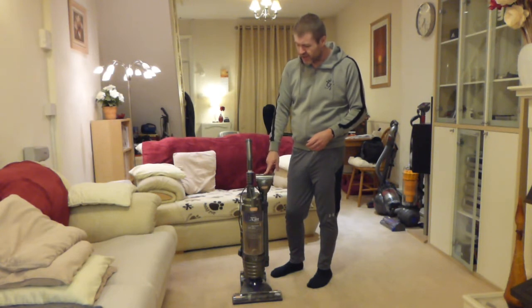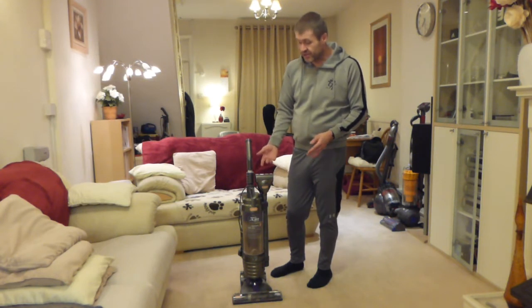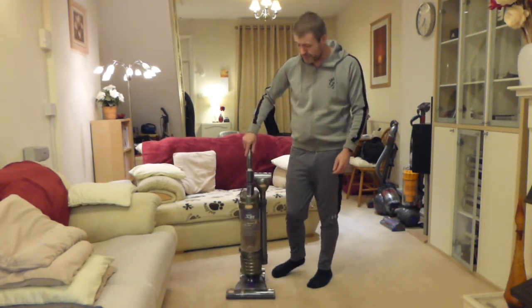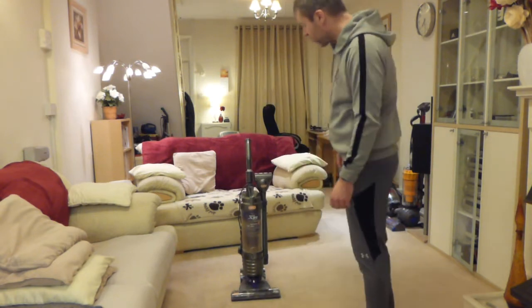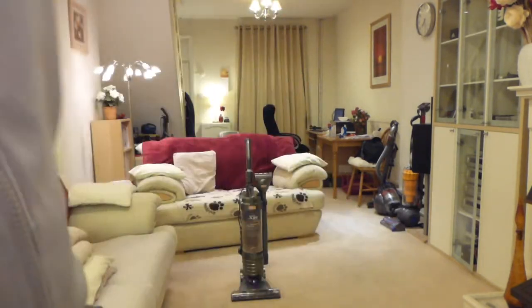This one came with the extra long hose and the turbo brush, the mini turbo tool, and it obviously had the combination tool on the back. So the selling point of this was it was a long stretch hose, basically. So what we'll do, we'll get the camera off the top here, and we'll have a look at this machine, because